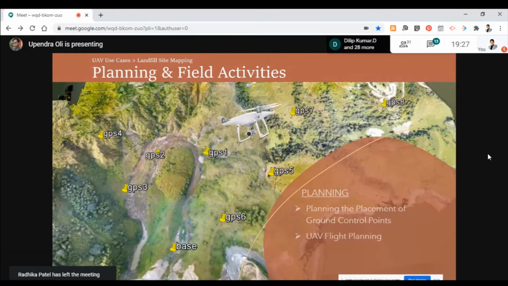It is called Bonsare Dada and it is called Samme Kholsa. These two areas were marked by the government, who want to construct their landfill site. And we planned the different ground control points focusing on the main area and the side area. Different control points were planned. And the UAV flight was planned,